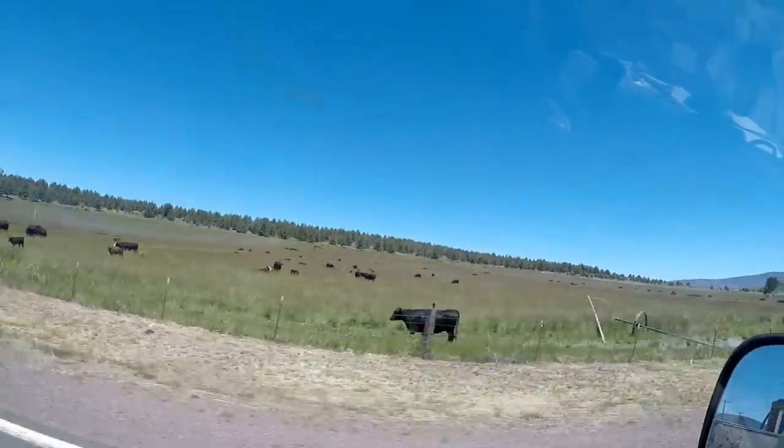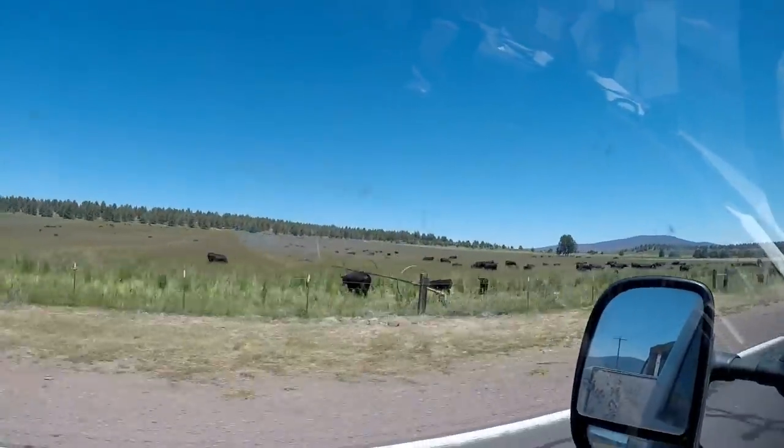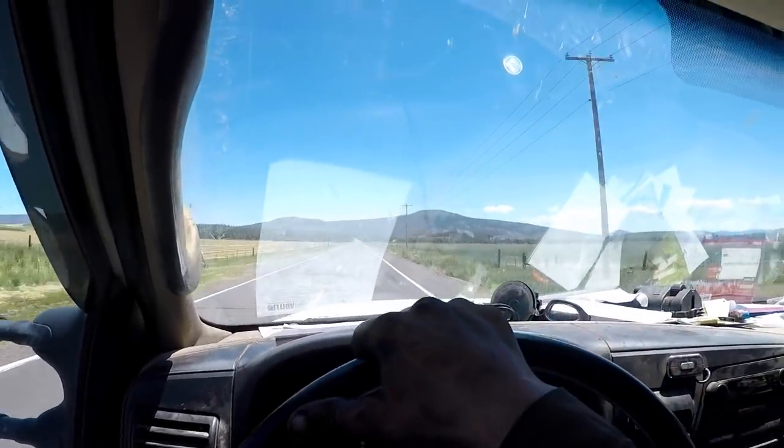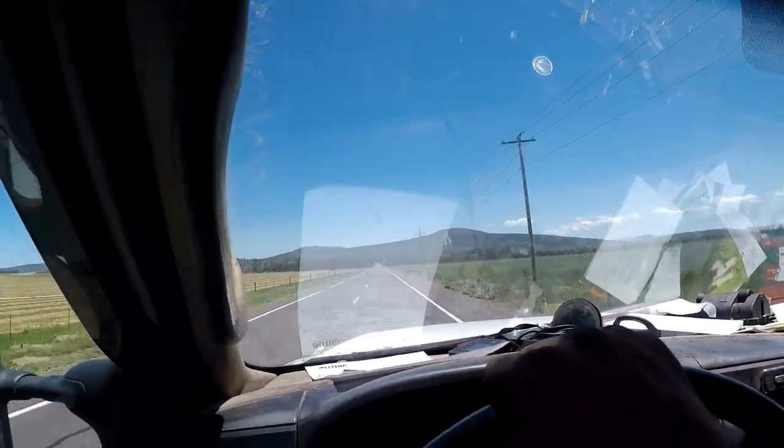Cattle are sure liking them wheel lines running there, getting them wet. Hot outside. There's a bull there doing his job. Anyway,